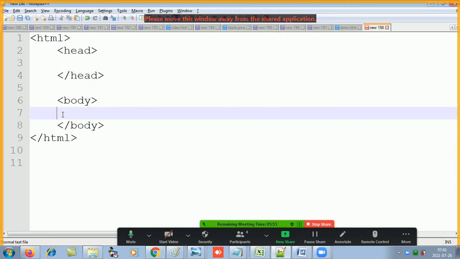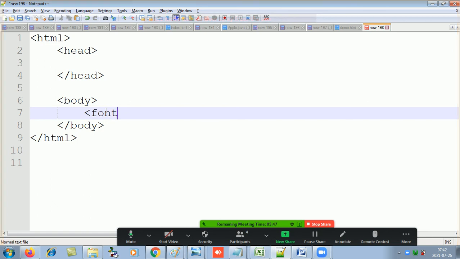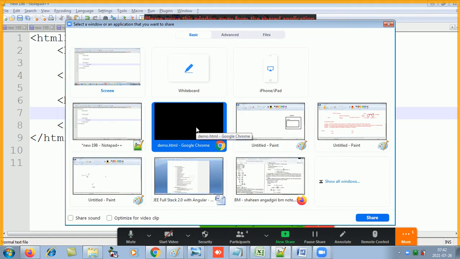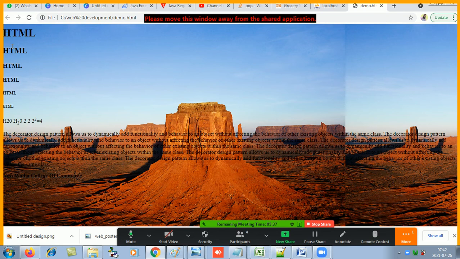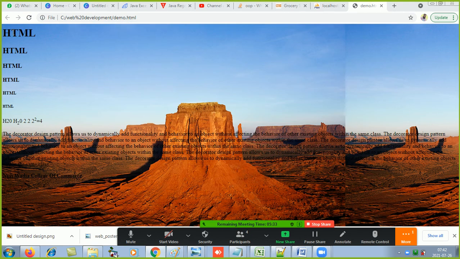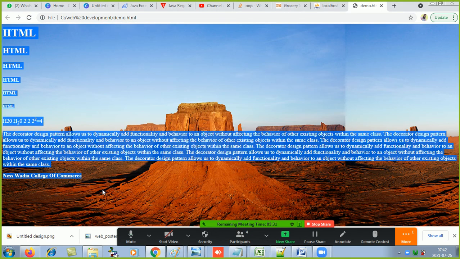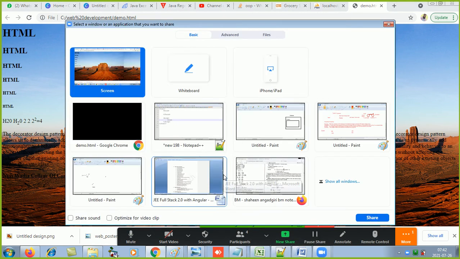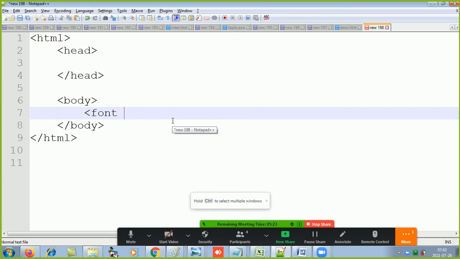So whatever elements you have, you got to put them in the body tag and start practicing. Then we also have one element called font. Which element? So if you wish to color the text, now this HTML is in which color? The entire text on this website is in which color? Black color, right? Black is the default color of the browser.